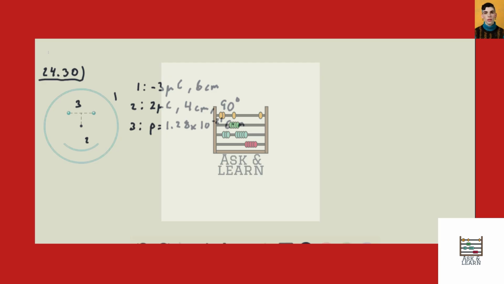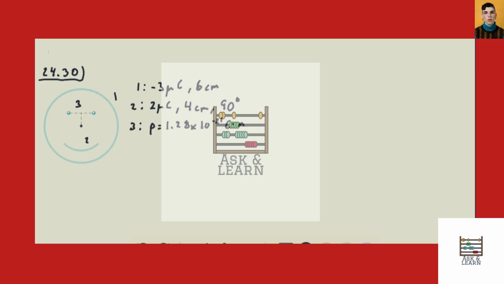Problem 24.30. We have this little smiley face of charge here. The full circle out here has a charge of -3 microcoulombs and has a radius of 6 centimeters. This little short arc that subtends 90 degrees has a charge of 2 microcoulombs and has a radius of 4 centimeters. And then this dipole that's perpendicular to a radius of this circle